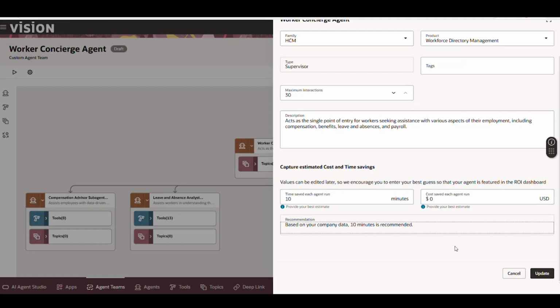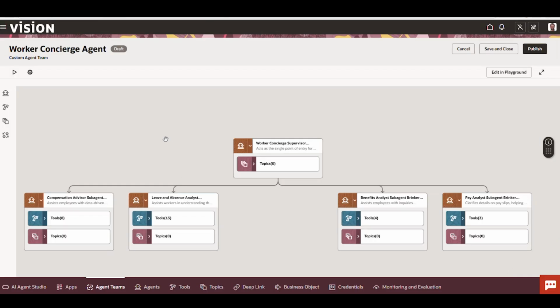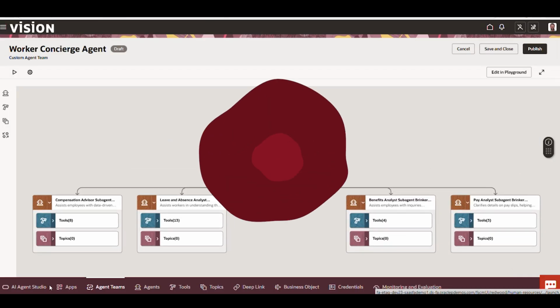And you can always come back and update these as your agent gets deployed into production and you have a better sense of how much your savings is. But these can be displayed in your Fusion ROI dashboard, and that can really help with getting leadership a better understanding of the savings accumulated by these agents, which is amazing. So finally, we then have